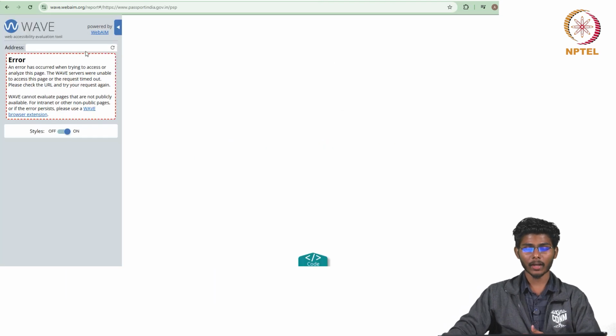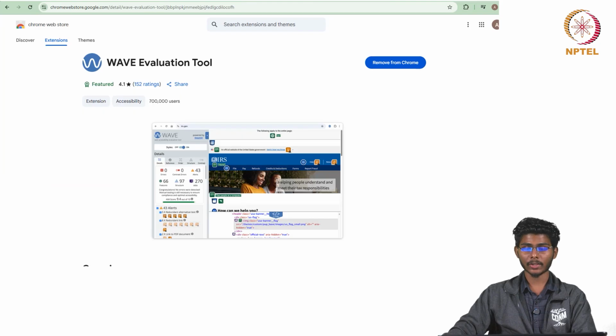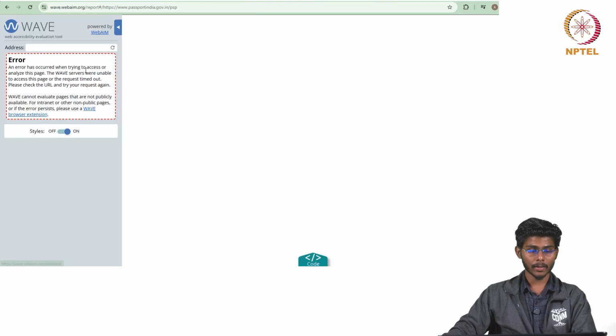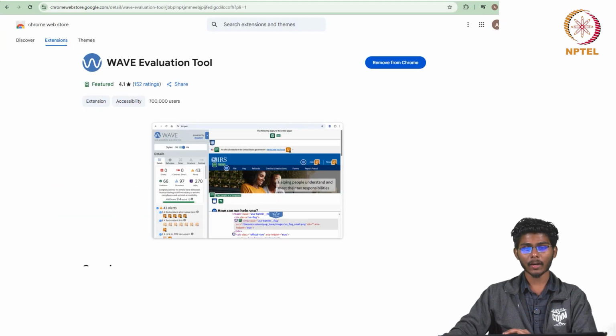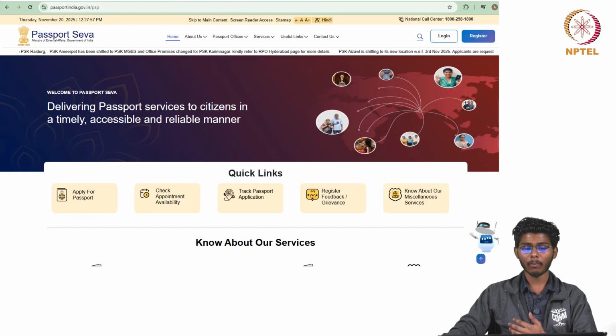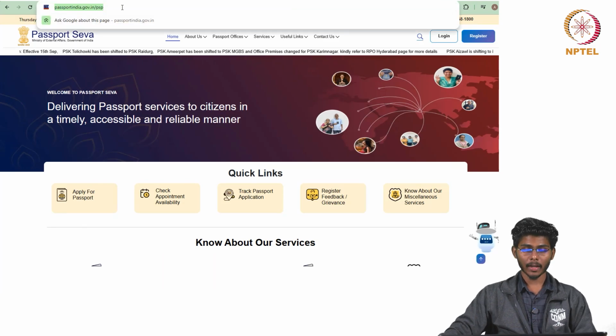Similarly, it can be used as the extension. I don't know why it is showing an error. I think the URL might be wrong, but you got the understanding of how both methods can be used, right?